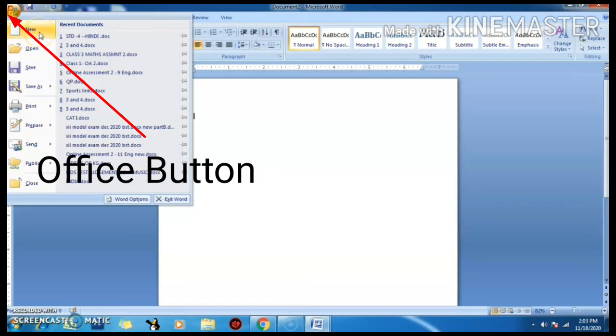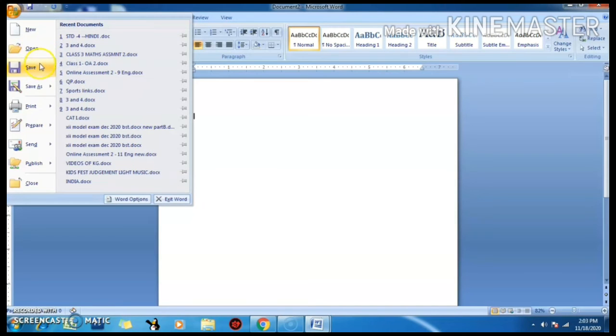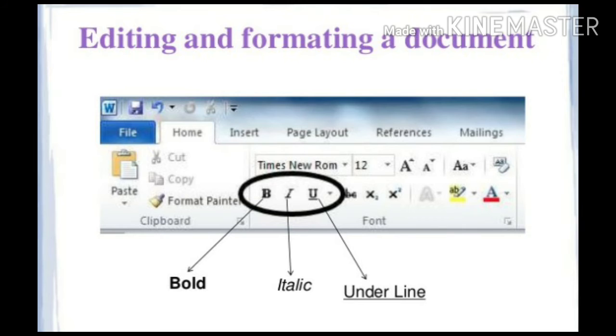So there are various options. You can select it to create a new document, open an existing document, or save your document, etc. See, here are some tools: bold, italic and underline to edit and format your document.